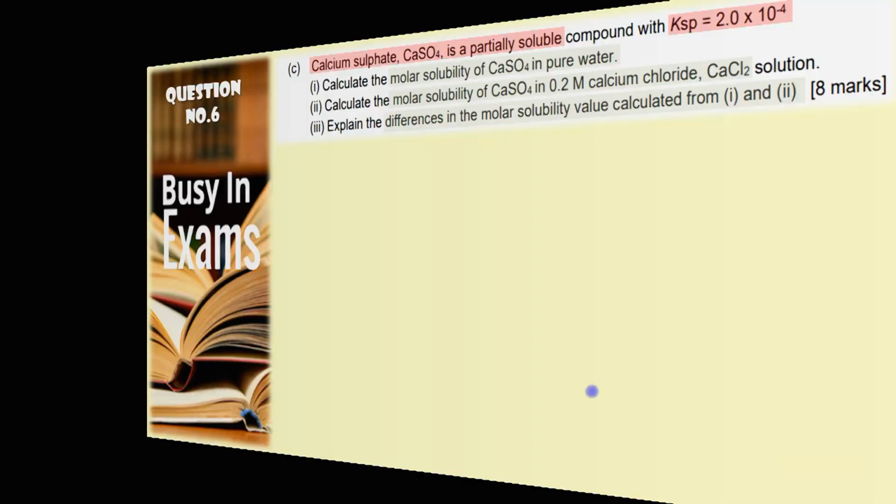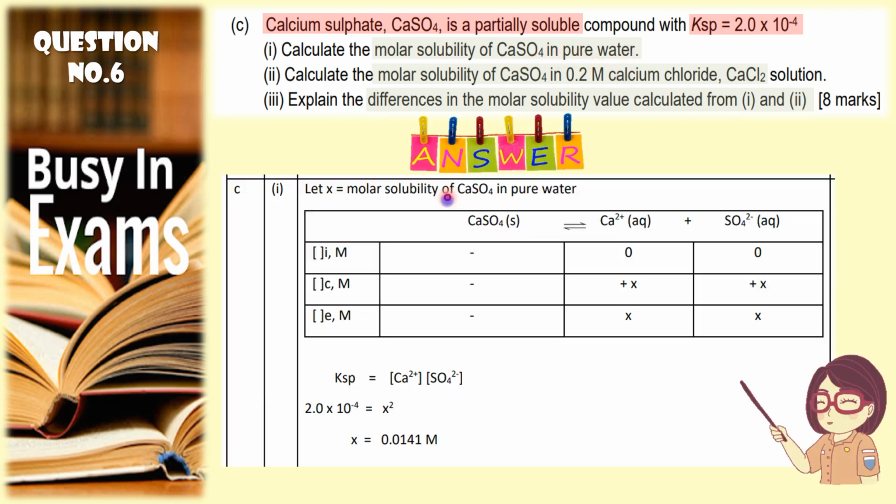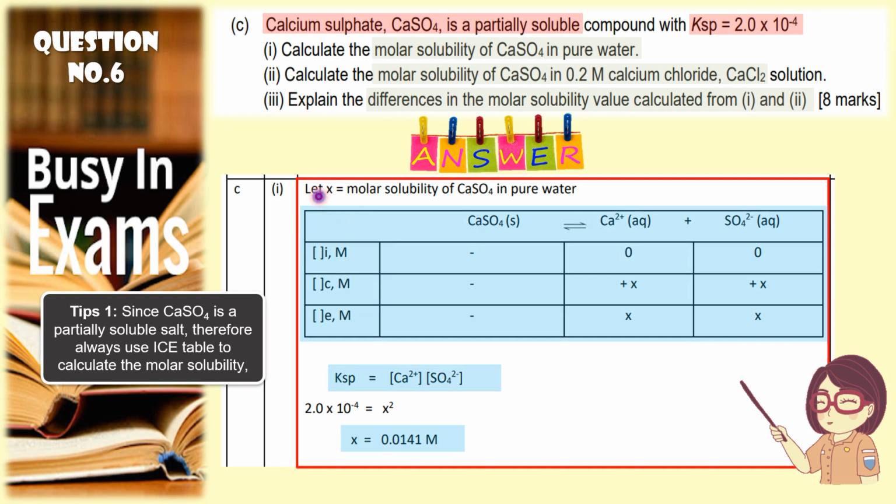Alright, so next, okay, C. Calcium sulfate is a partially soluble compound with Ksp 2 times 10 power negative 4. Calculate the molar solubility of CaSO4 in pure water. Right, because it is mentioned here partially soluble, therefore always use an ICE table to find out the molar solubility. Make sure you first start with the assumption: let X refer to the molar solubility in pure water, and then